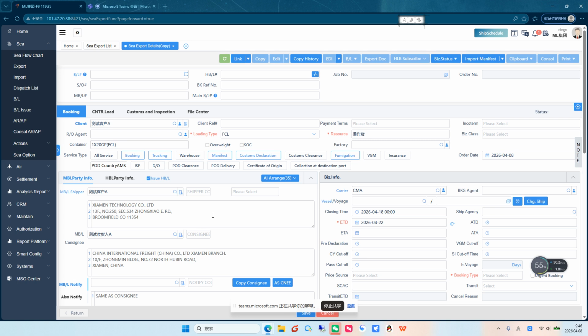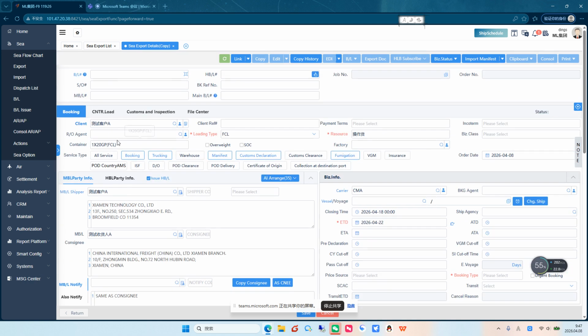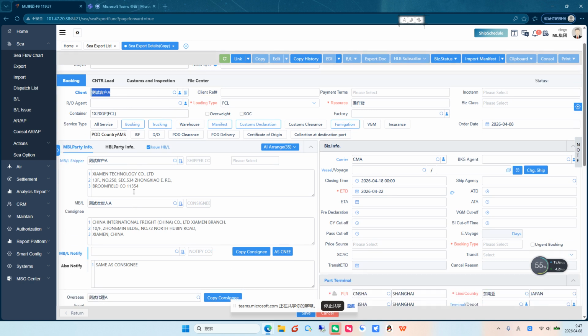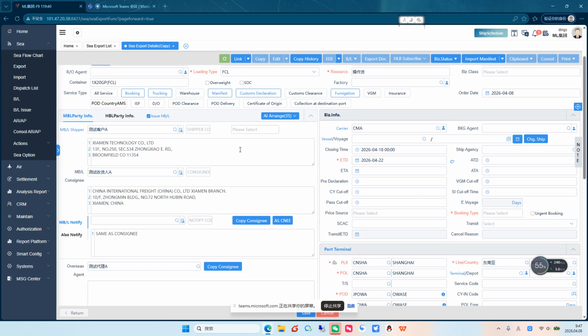Previously, we can find the consignor in the system, and once we select the consignor, the system will automatically generate the shipper, consignee, and notify information, such as company names, address, telephone number, or email, and contact person. Please note that the ETD must be filled in, and